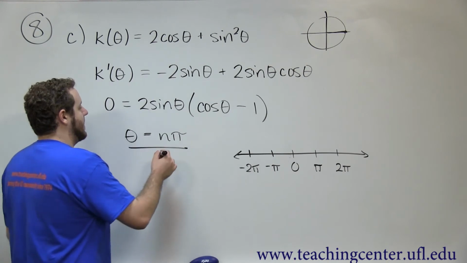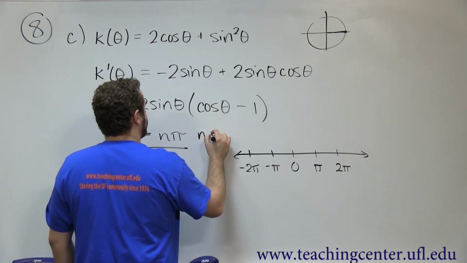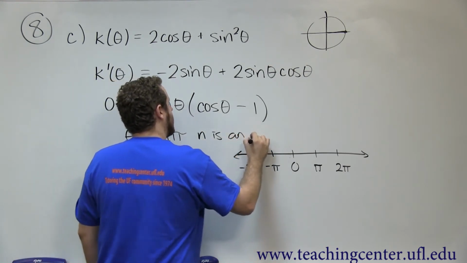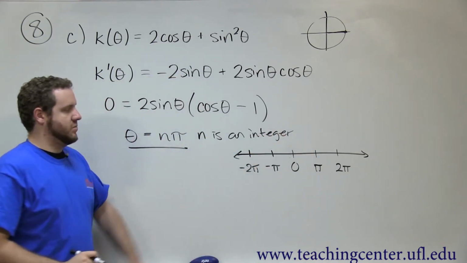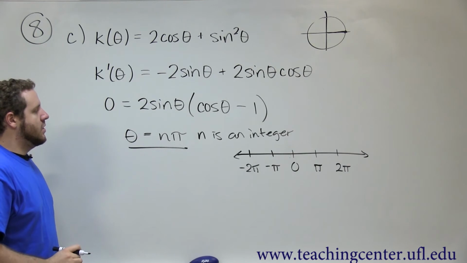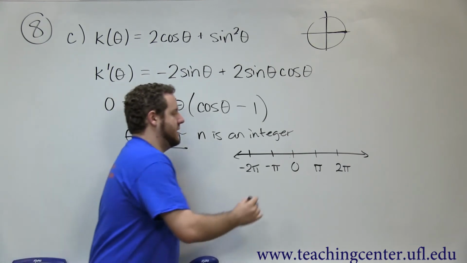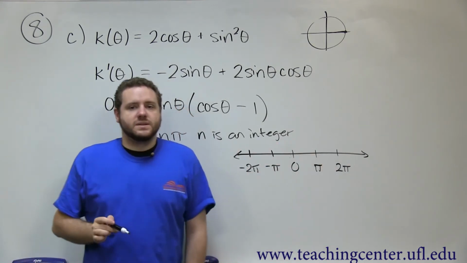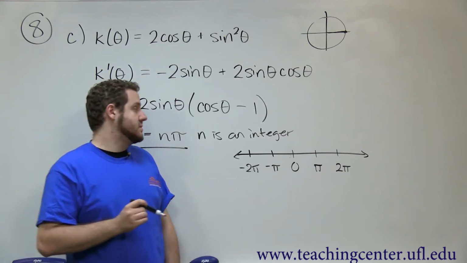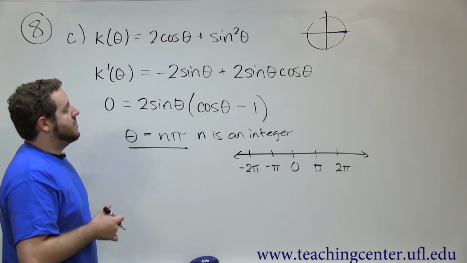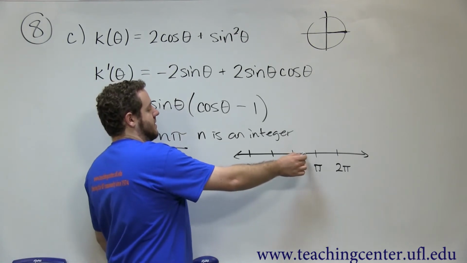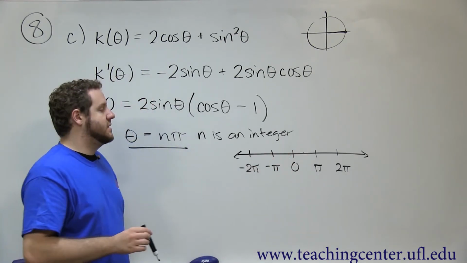And remember, when you write n pi, you're saying n is an integer in order for that to work out. So to find our intervals of increase and decrease, we would just need to plug numbers in between those critical numbers. So when we plug in any number, let's say, to make it easy, in between 0 and pi,